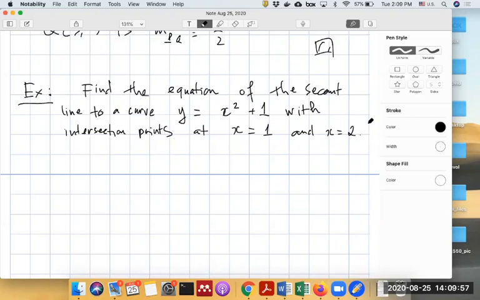Can you see my handwriting? Hopefully it's not too bad. Okay, now